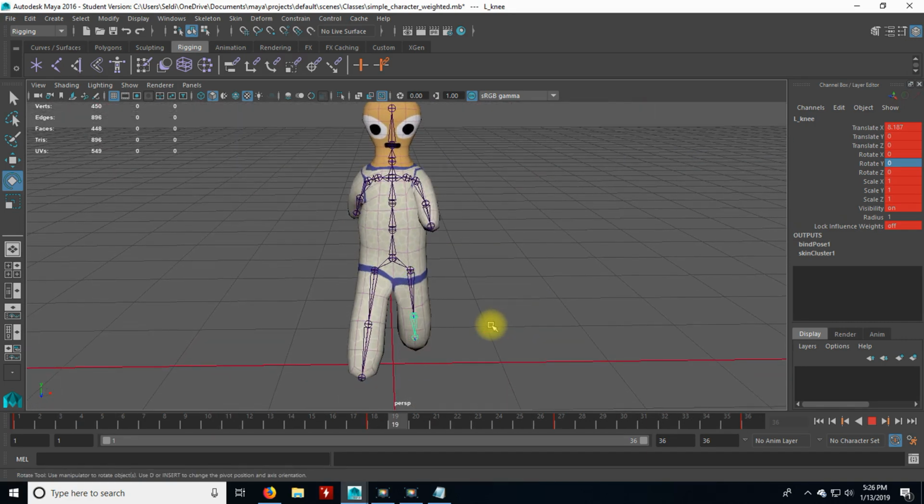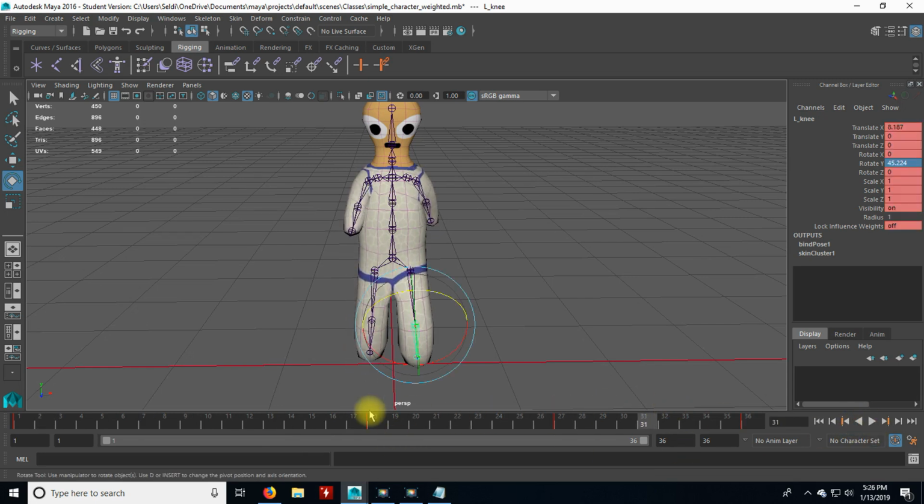So now it's very good, since we have a basic walk cycle, to take a look at it from the front, and you can see, remember how I mentioned this leg was too far out when I copied the value over? And you can actually see that here. This leg is actually swinging, the right leg is swinging too far out as it is taking a step forward. So I'm going to stop the animation. Let's go to frame 9,